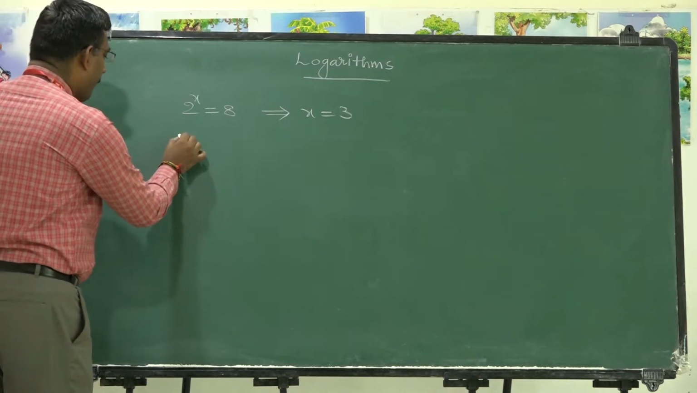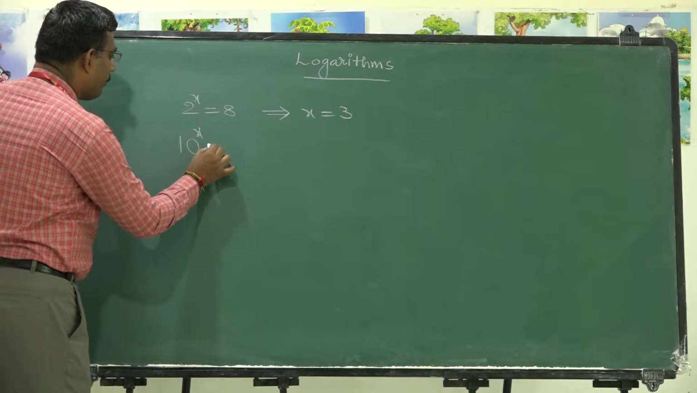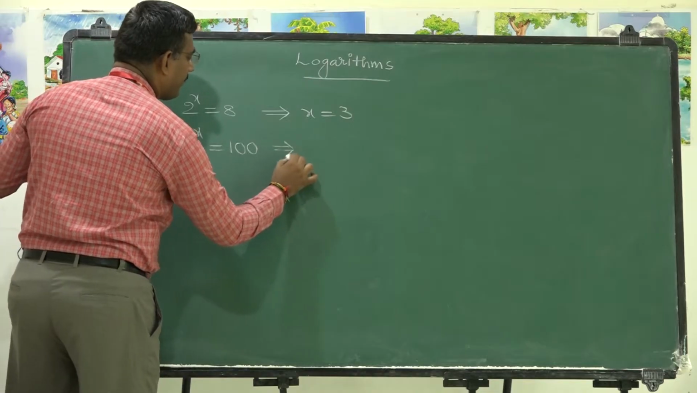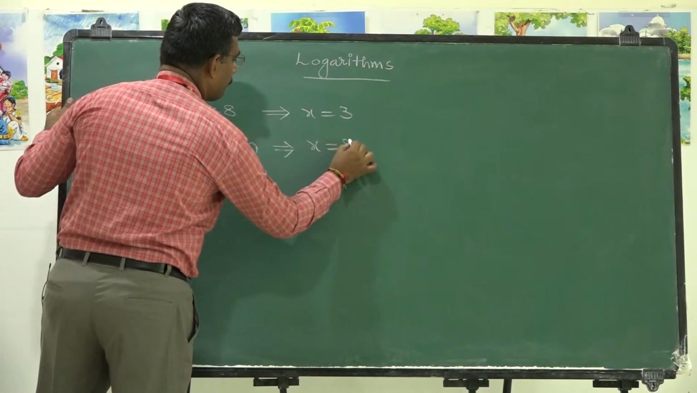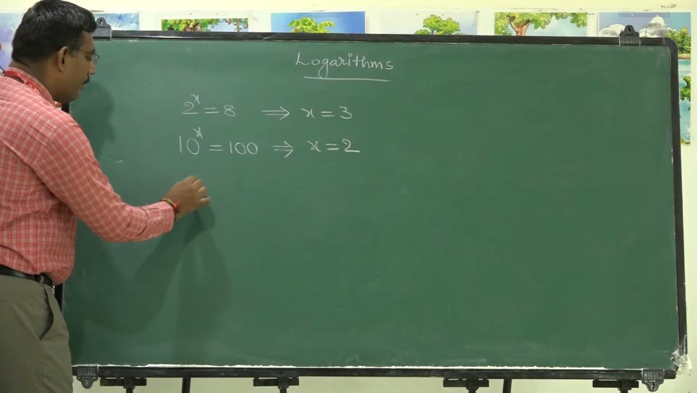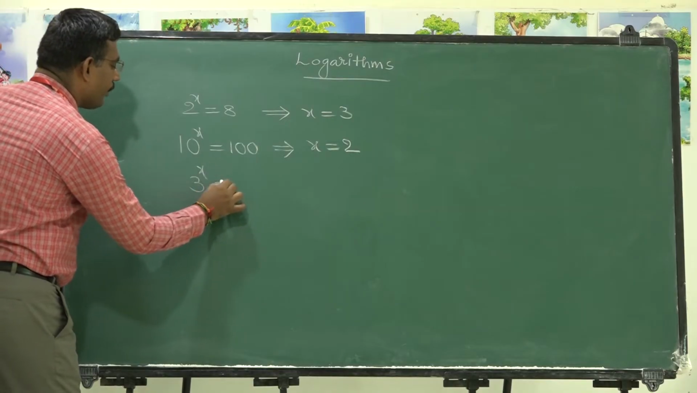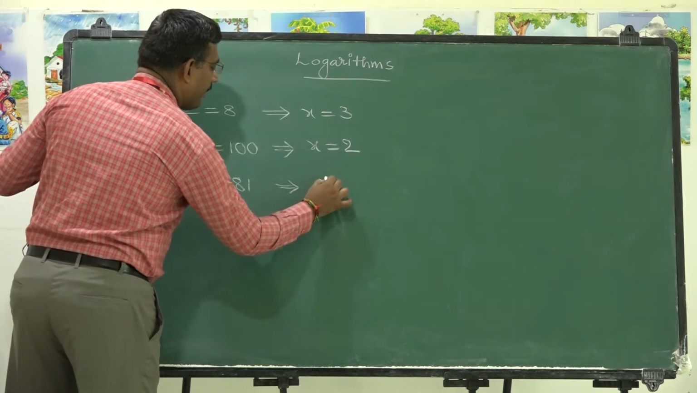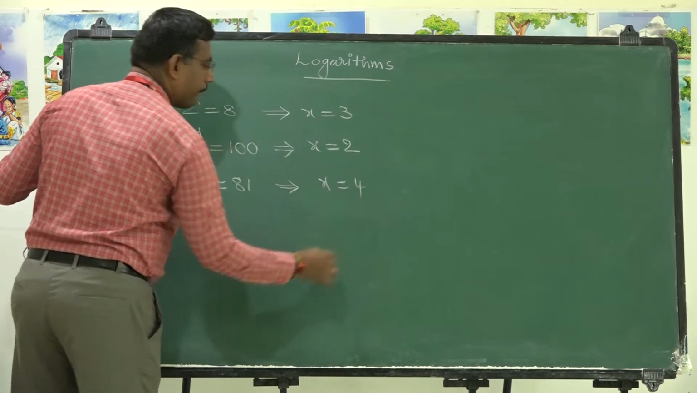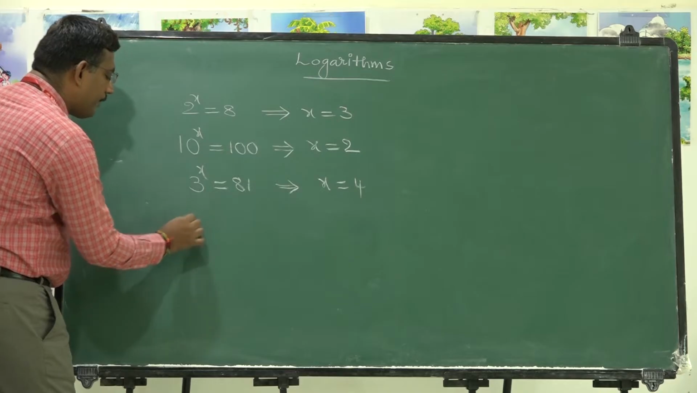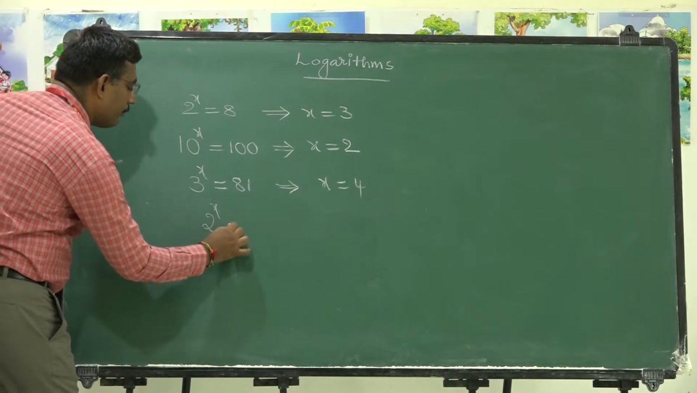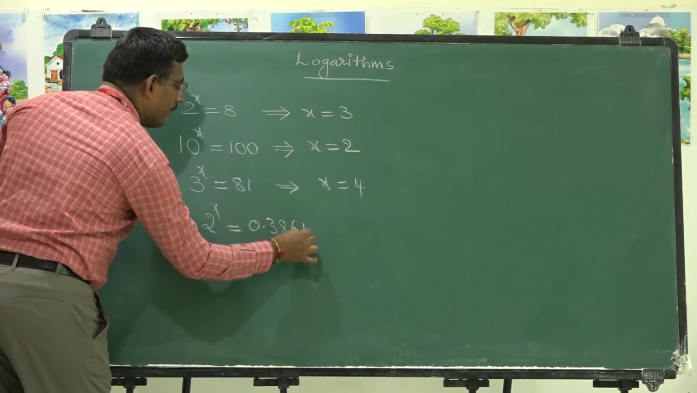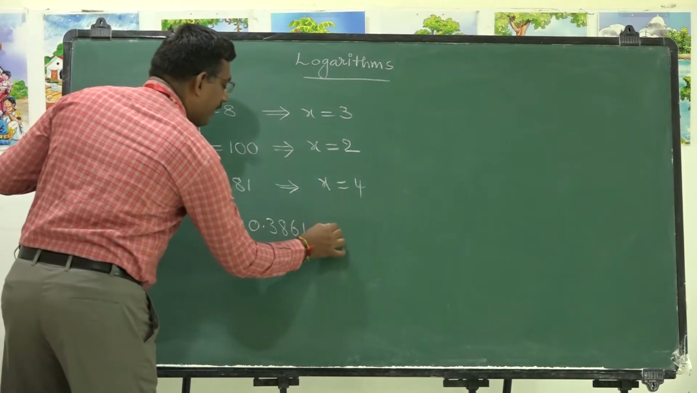For example, 10 power x is equal to 100, then x is equal to 2. If 3 power x is equal to 81, then x is equal to 4. For example, if 2 power x is equal to 0.3861, then x is equal to,